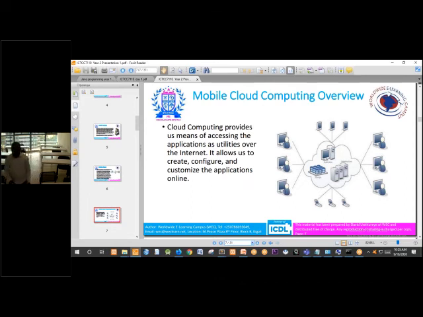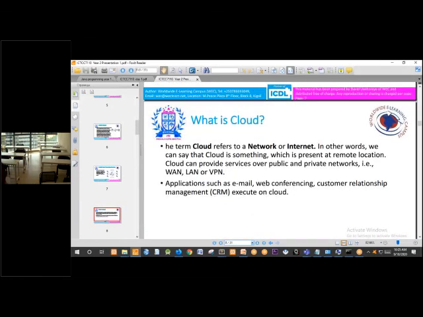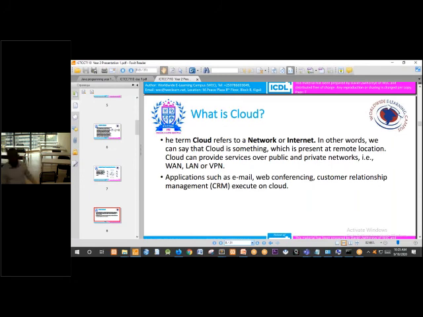So you can access these cloud services on a wide area network, on a LAN, local area network, or a virtual private network, VPN. Applications such as email, web conferencing, and customer relationship management execute on cloud.